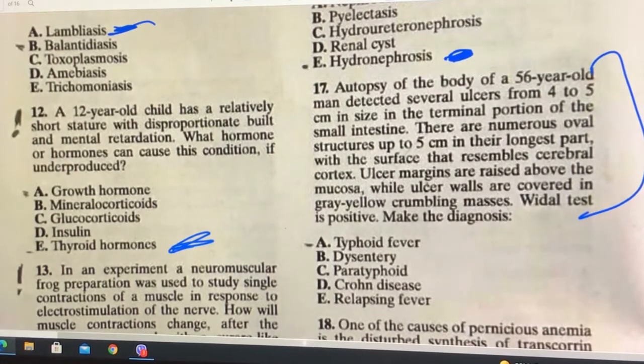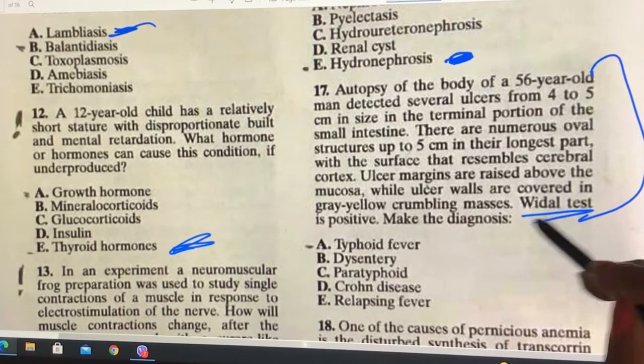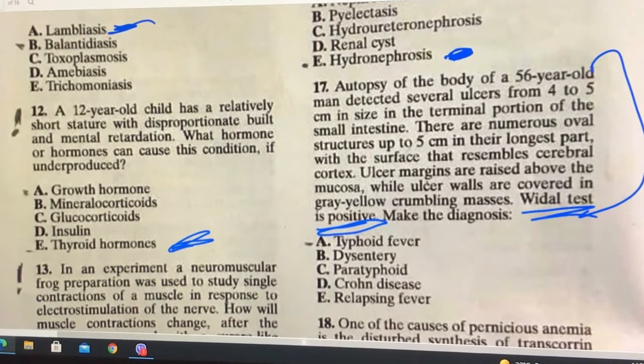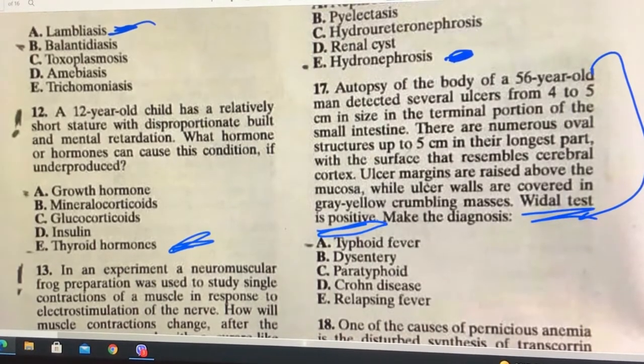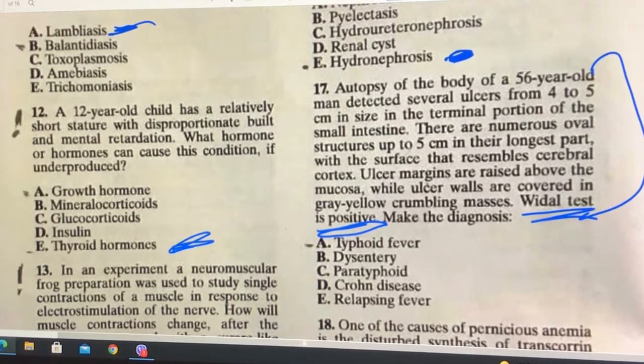No need to get confused with this whole lot of question. The question is easy and the only thing you need to focus on is this last line, Vidal test is positive. If you know which test is given for which disease, like there are some particular special tests for some diseases, you can see these questions in terminology which I mentioned in my last video. If you didn't watch the last video of my KROK 1 experience, go and check it out. There I have mentioned the keywords.